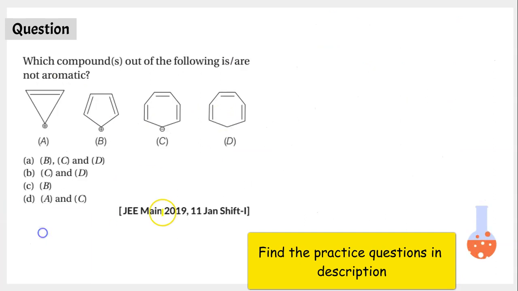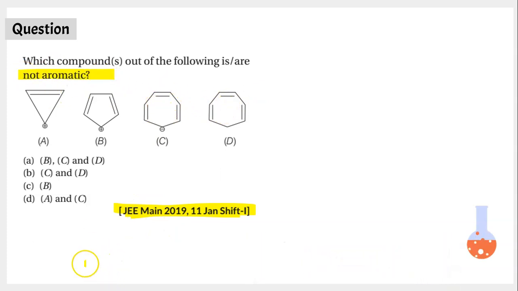This is a question asked in Mains January, another different shift on the 11th of January. And even this question is about aromaticity. You have to observe these 4 molecules that are given, and you have to identify the molecules which are not aromatic by nature. Now over here, you try applying the concept I have taught you on the last page, right? You try doing it. Take the equation first of all.